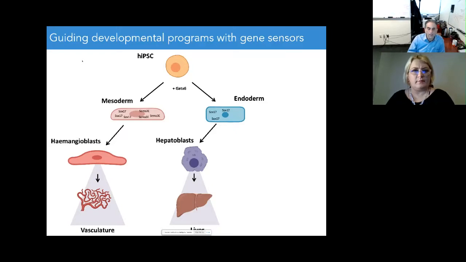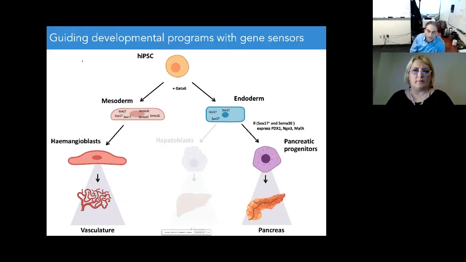Start with iPSCs. Some of them become mesoderm, some of them become endoderm. And so we know that SOX17, one of the genes, goes up as the cells transition away from iPSCs, but it goes up both in endoderm and mesoderm. So what if we wanted to only activate the gene in endoderm and not mesoderm? So we need to be able to have the statement, if SOX17 is high and this other gene, which is SEMA3E, for example, is low. So if gene 1 is high and gene 2 is low. And if so, then we want to express various genes that will drive endoderm towards pancreatic lineage.